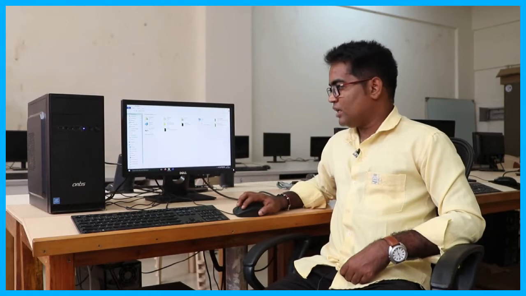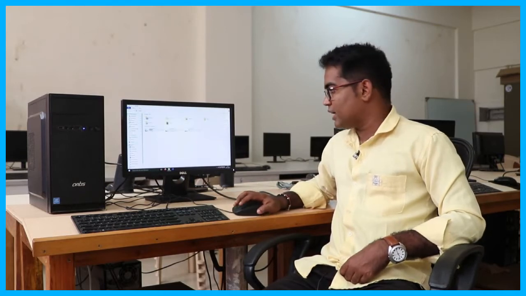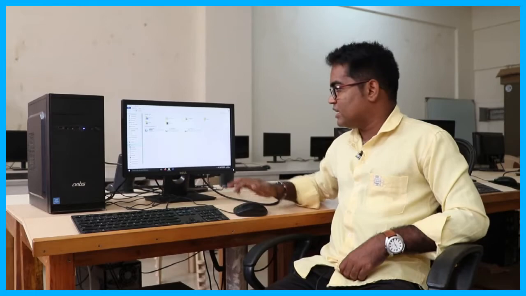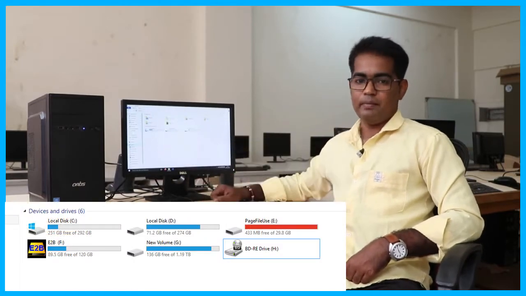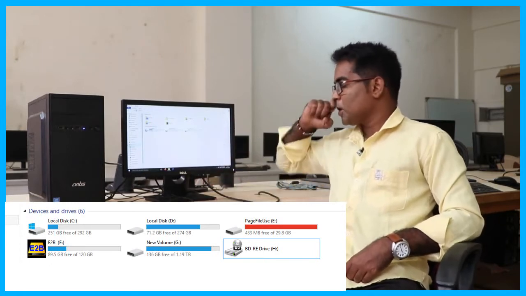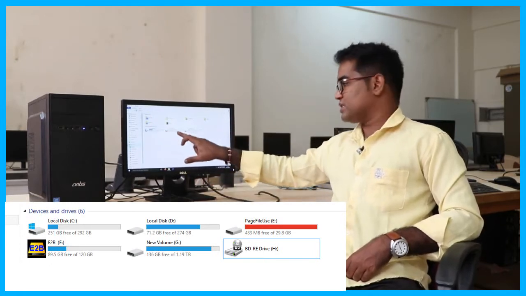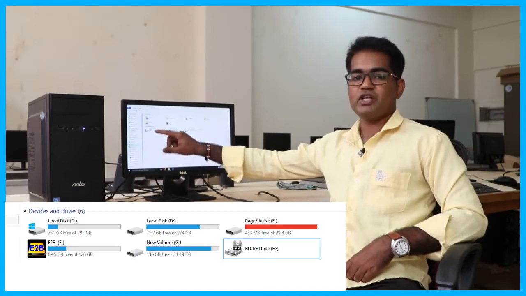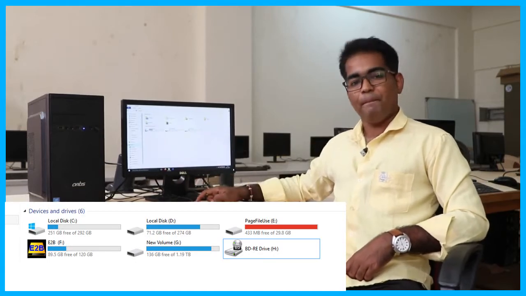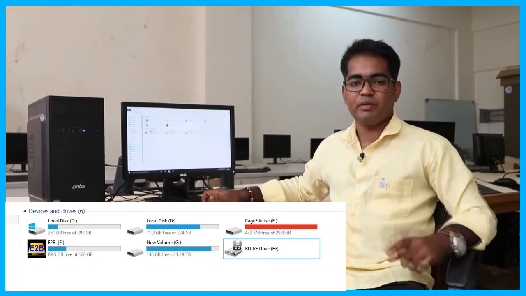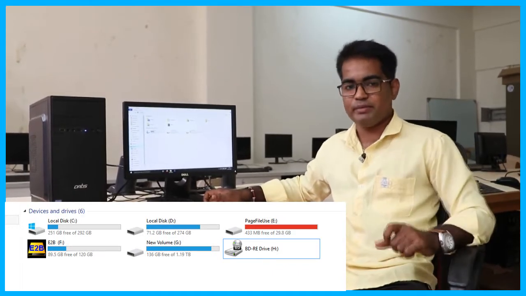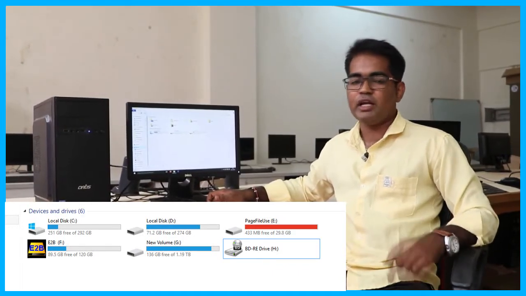And you can go to File Explorer. Here you will get the This PC option. By clicking This PC, everything is mentioned. This one is the main page of This PC. You can observe here local disk C, local disk D, local disk E, everything is mentioned. This one is a part of memory. In your mobile phone we have a memory, right? Like that we call it 16 GB memory, 32 GB memory, 64 GB memory. Like that we can mention in a mobile phone.